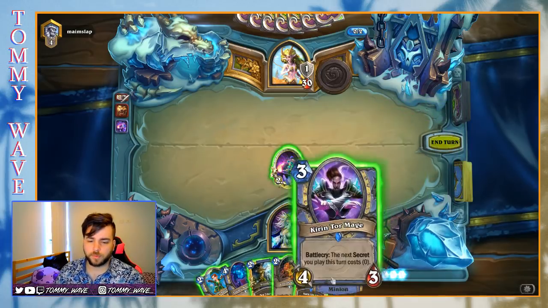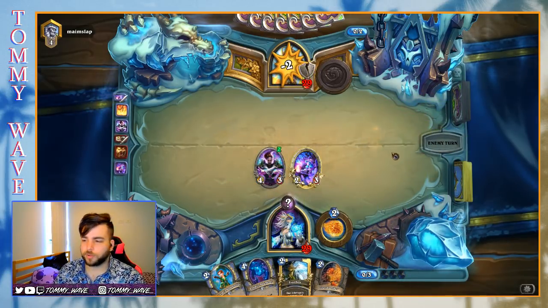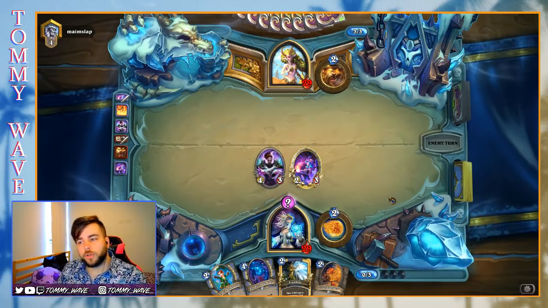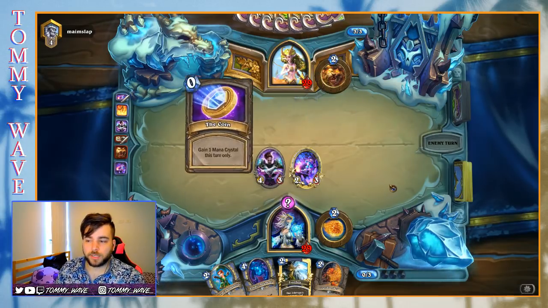Oh, what a sweet draw. We have many secrets. I found it first. Very good draw. Explosive Runes could be okay. I think our opponent is more likely to have an Oaken Summons on turn 4 than they are to have just the raw minion. But Explosive Runes does kill an entire...